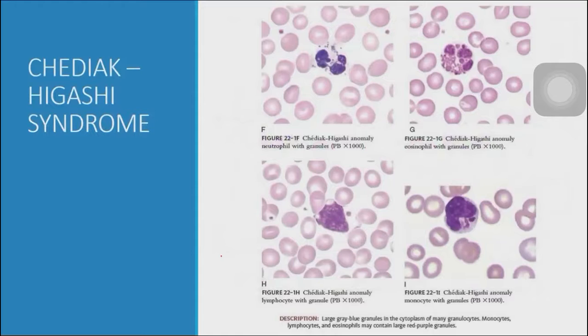Next WBC anomaly, we have Chediak-Higashi syndrome. Chediak-Higashi syndrome is a non-malignant WBC disorder in which there is an abnormal aggregation or fusion of lysosomal granules. The darkly staining structures you see present in the neutrophil are lysosomal granules. Since there is an aggregation of granules, the bactericidal killing effect of these neutrophils decreases. So Chediak-Higashi syndrome results in dysfunction of the WBC. The WBCs are abnormal.